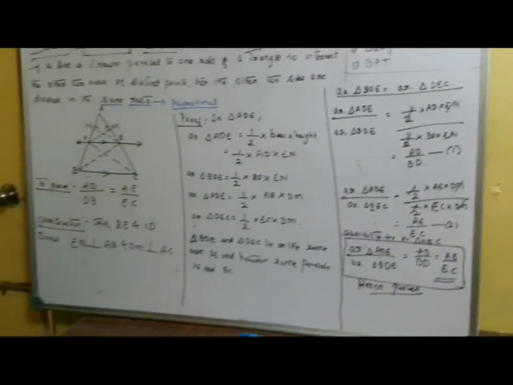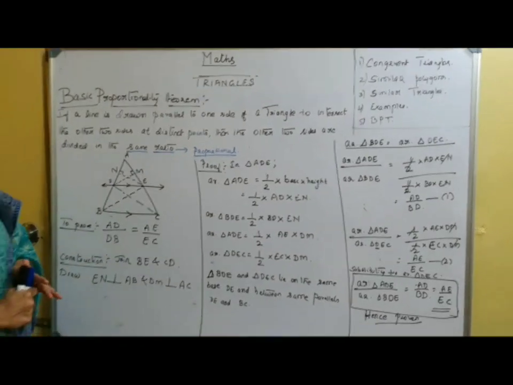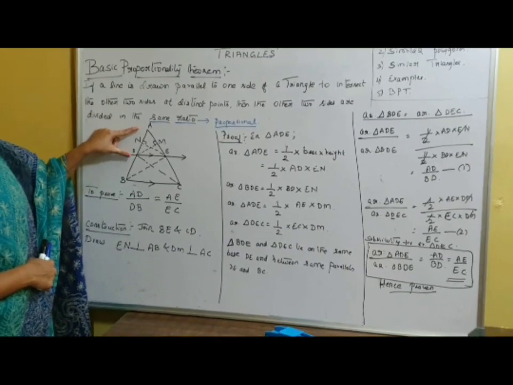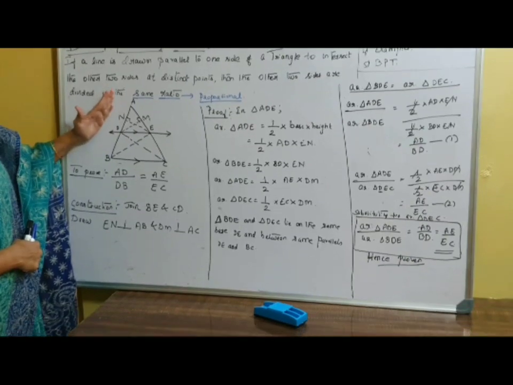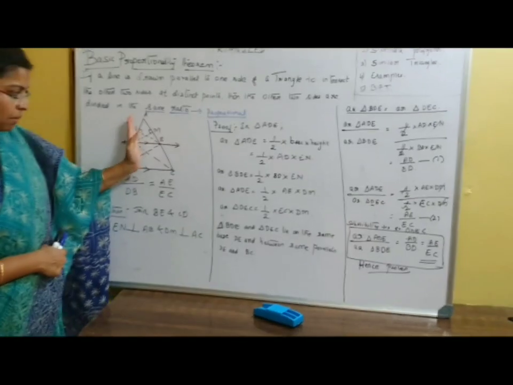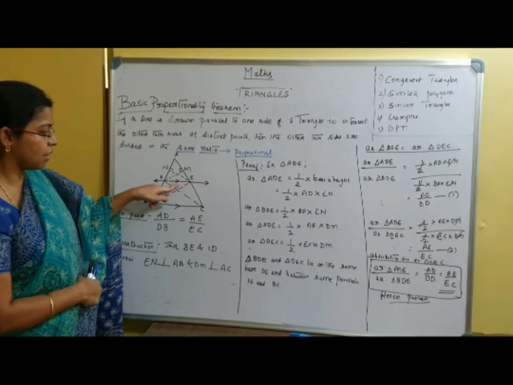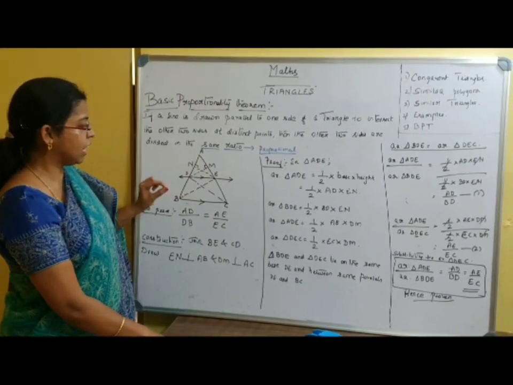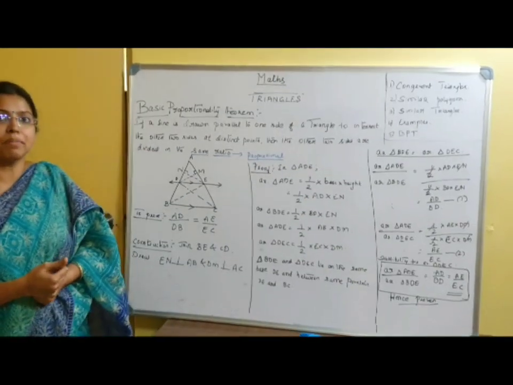So this is the basic proportionality theorem or the Thales theorem. We will just recap what we did for the proof. We have considered triangle ADE. We have calculated the area of the triangle ADE from the AB side, that is, we consider AD as a base and then AE as a base, and we know that triangle BDE and triangle DEC lie on the same base and between the same two parallels, so their areas are equal. Therefore we equate them and take the ratios. We ended up with the corresponding sides being proportional.